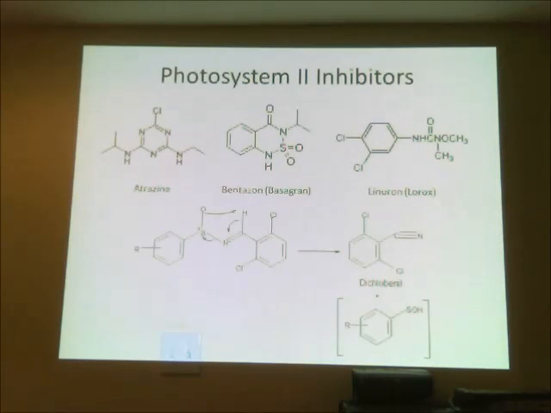Linuron is an example of the urea. A urea is a compound that has a carbonyl, C double bond O, bonded to which are 2 amino groups. Urea itself would be NH2 and NH2. These are substituted ureas. And another compound here is called diclobanyl, casseron. This is 2,6-dichlorobenzonitrile. Diclobanyl is a compound that I myself became very, very interested in because of some work that I had actually done on my PhD dissertation involving this molecule that you see over here.